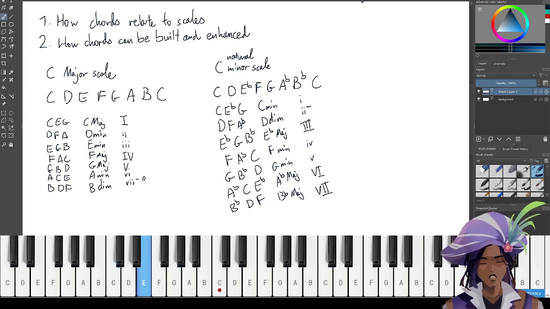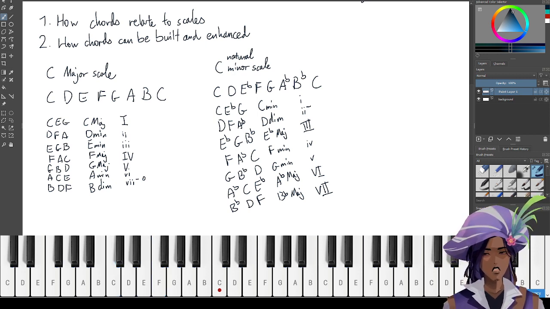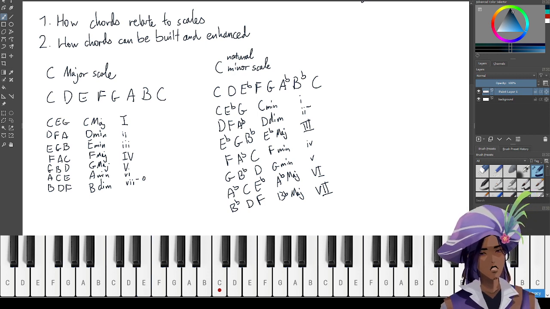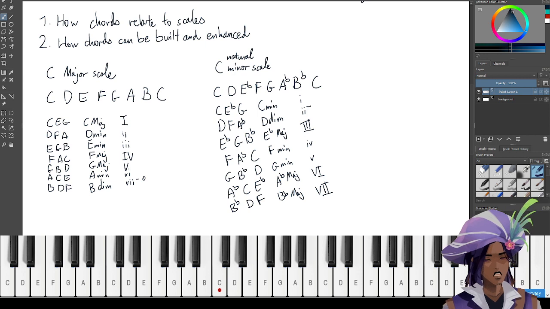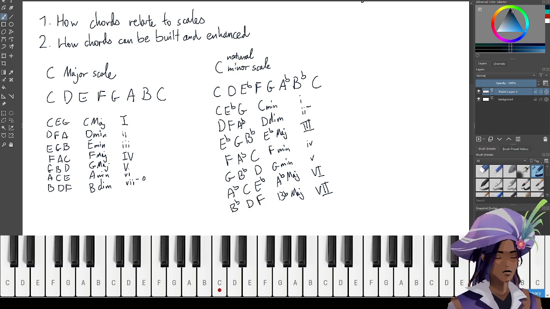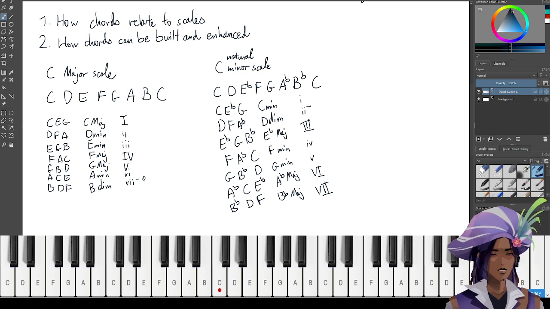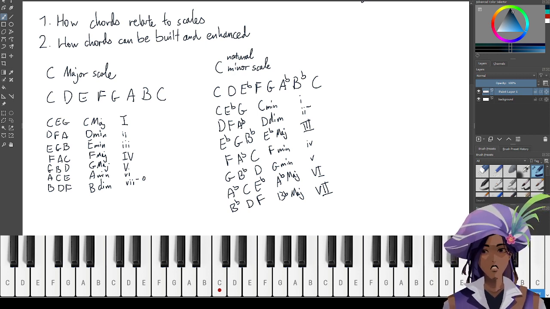and then I suddenly decide to put something like this in here, an E major instead of an E minor, that breaks the song a bit, right? It feels off. And you could do that for a specific effect, right? That is what music is for, right? You want to achieve a certain effect, and you can break the quote-unquote rules, you can break patterns to achieve